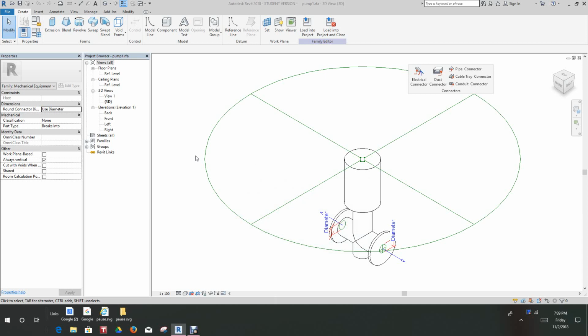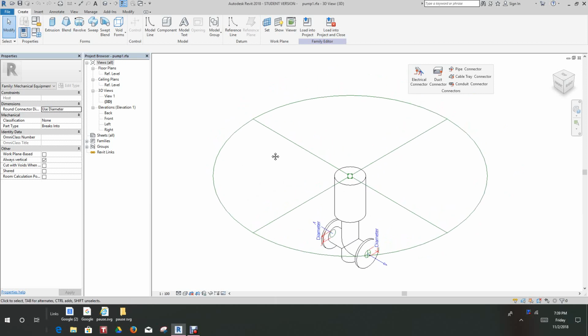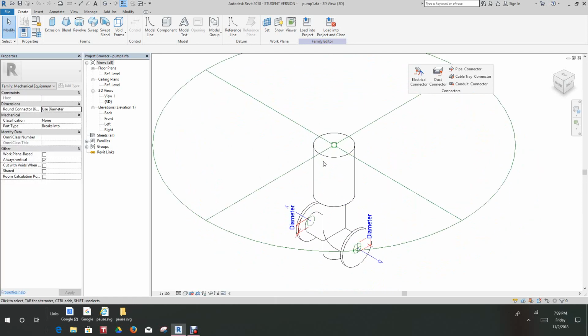Okay, everybody, we're back again here. Let's finish this thing off. So now we're going to test this model, this family. So what we want to do is,